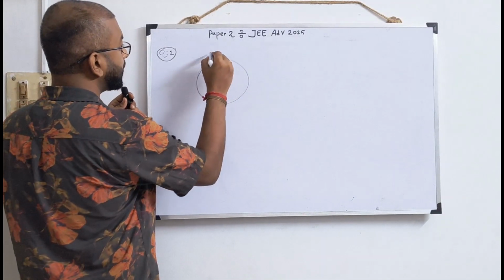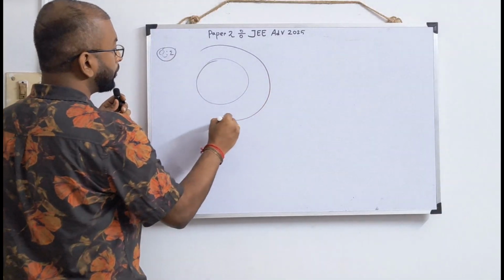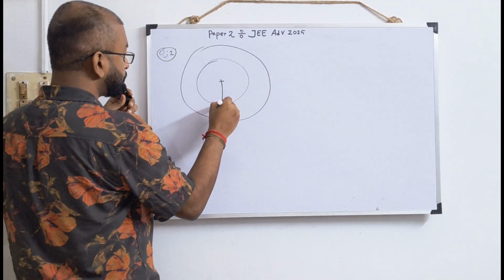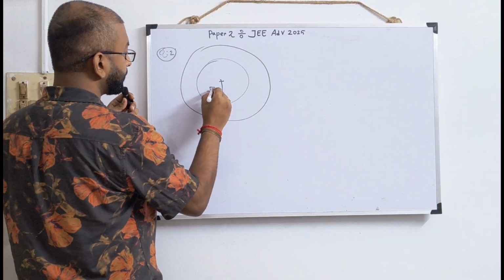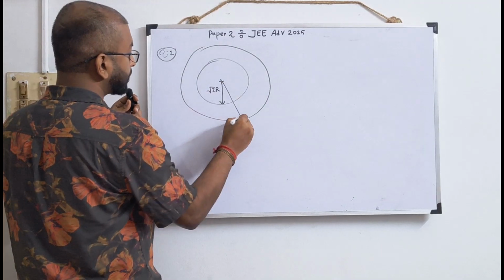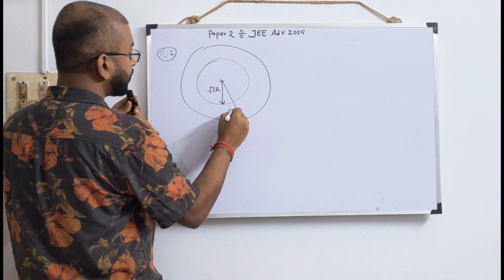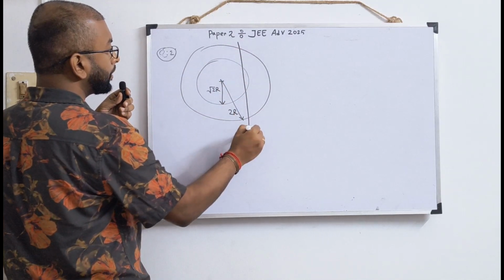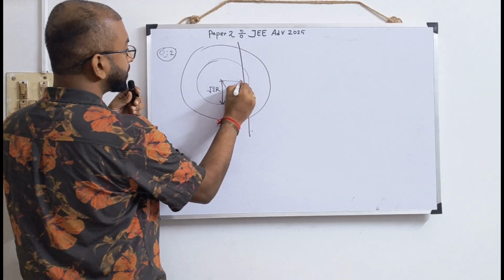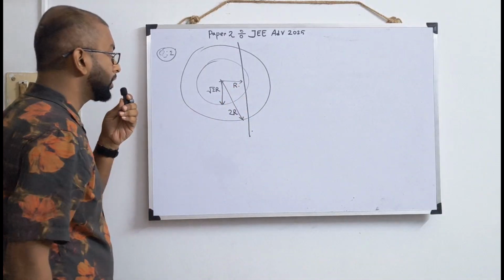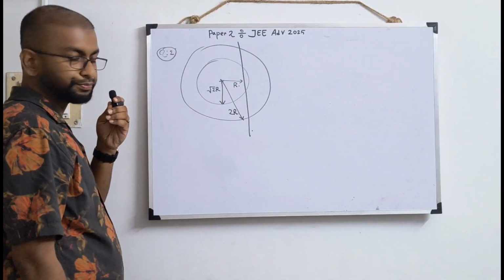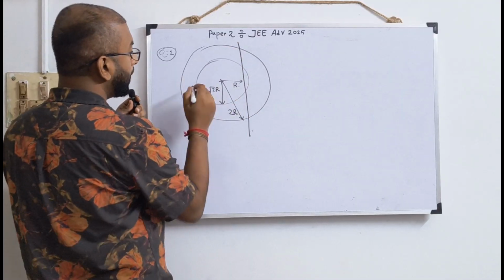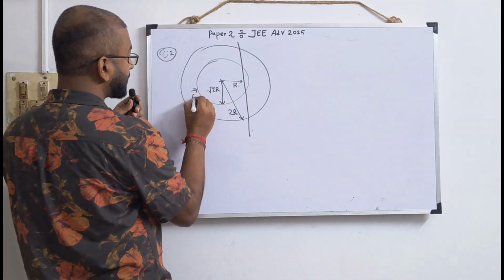So this is the inner cylinder. Now we can draw the outer cylinder like this. The radius of the inner cylinder is root 2r, and the radius of the outer cylinder is 2r. There is one plane at distance capital R from the center of the two cylinders. You have to find out the electric flux through this plane if the charge given to the inner cylinder is